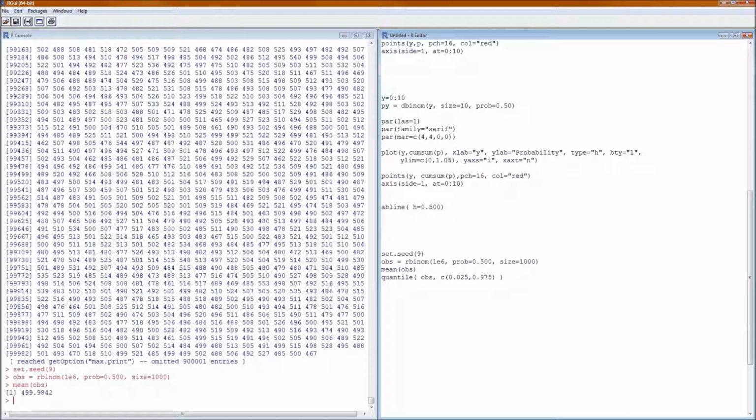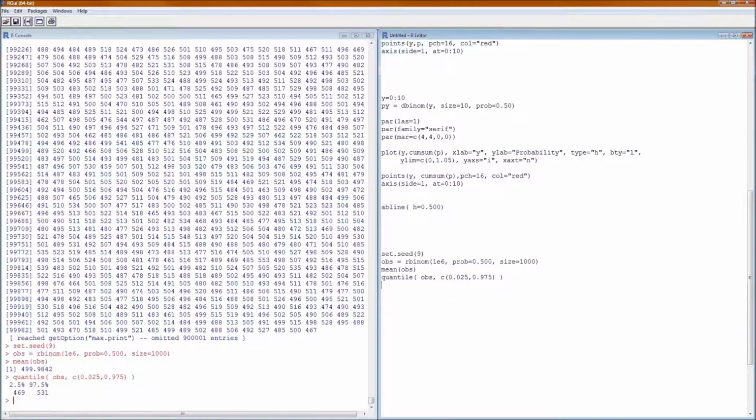And remember where we start to reject things, it's at 5%. 100% minus 5% is at 95%, and we're taking that 95% chunk out of the middle, which leaves 2.5% on each end. So I'm 95% confident that the total number, assuming that the coin is fair, that I will get somewhere between 469 and 531 inclusive heads on those 1,000